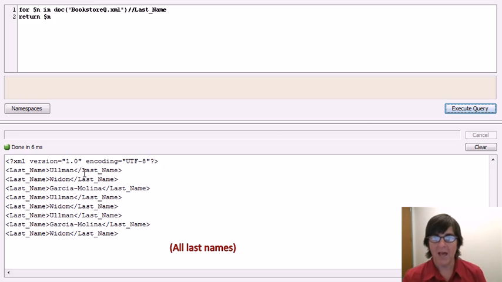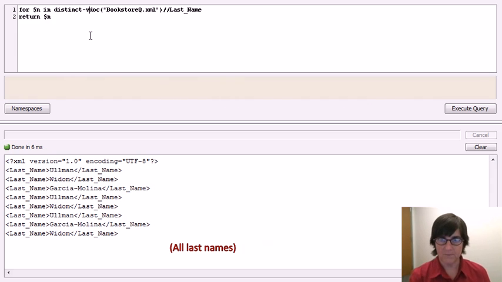We run the query, and we know that these are our last names, and we've got many repeats of them because these last names appear several times in the database. So let's see about getting rid of those repeats. There's a built-in function in XQuery called distinct-values. So what we can do is add distinct-values here